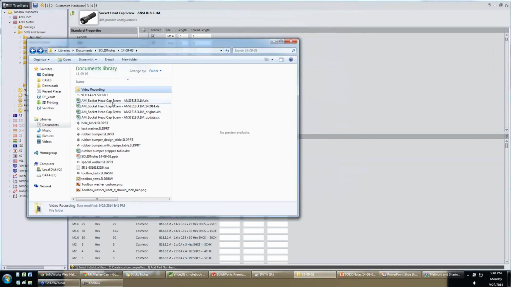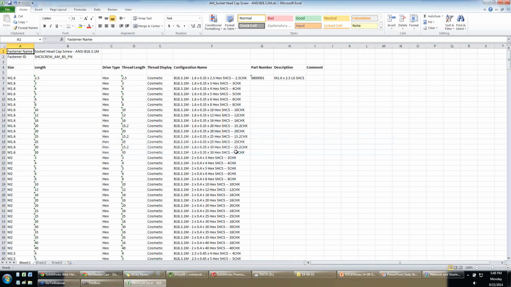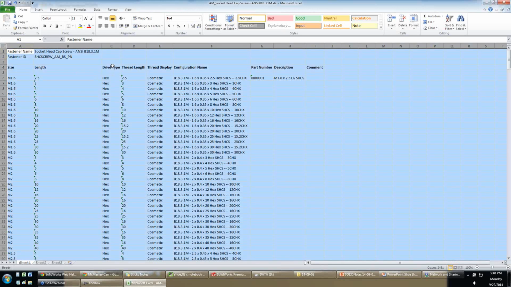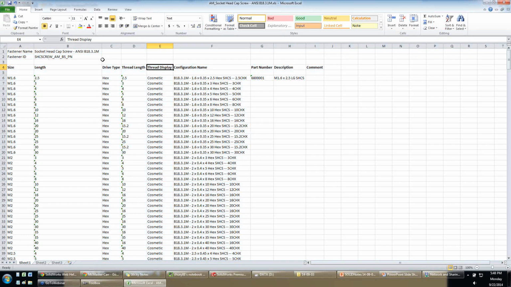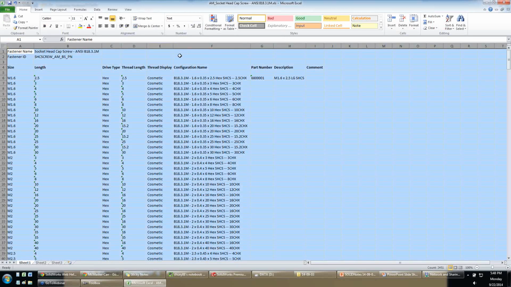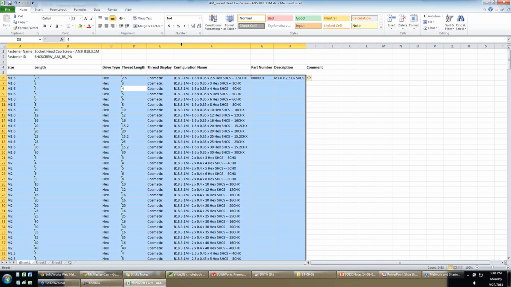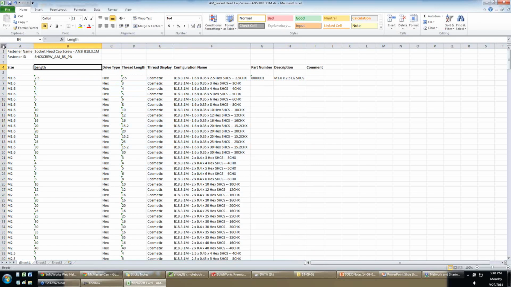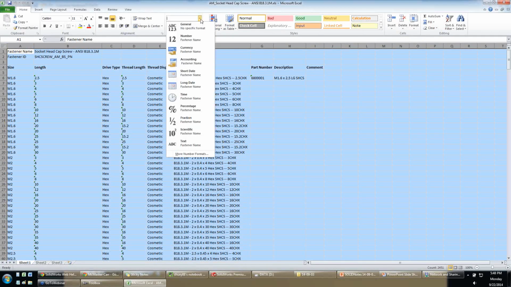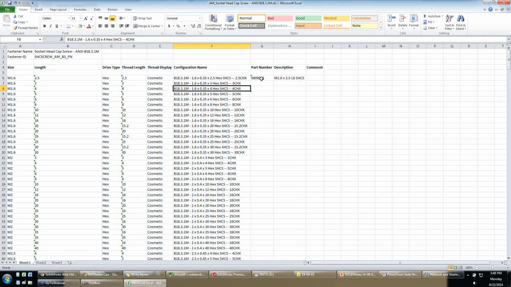and I'm going to go ahead and open up an Excel document. And in this case, we see all the same information. What I find useful is to select all the cells and change them to general, there we go, to all general, and then